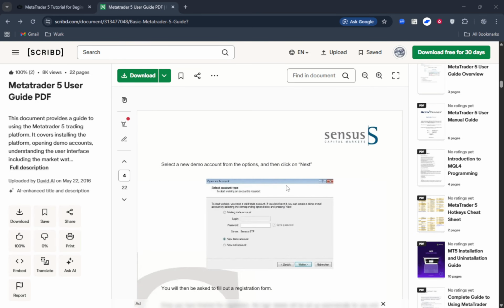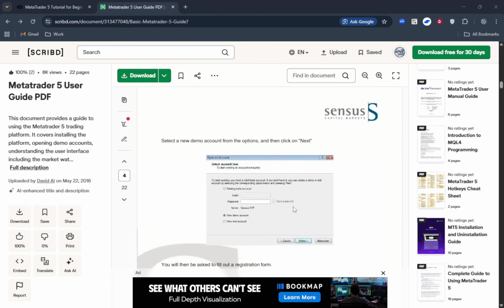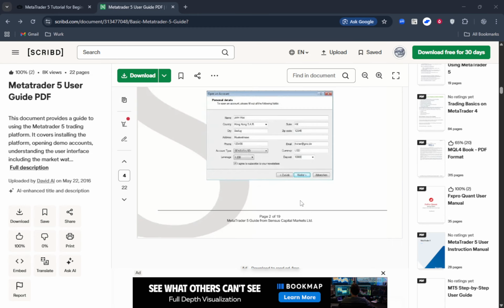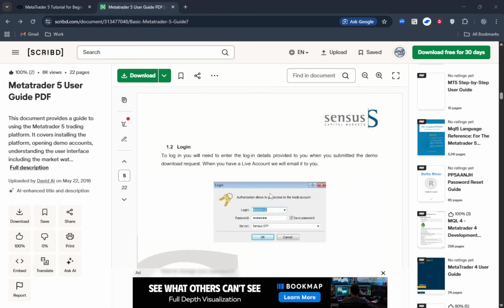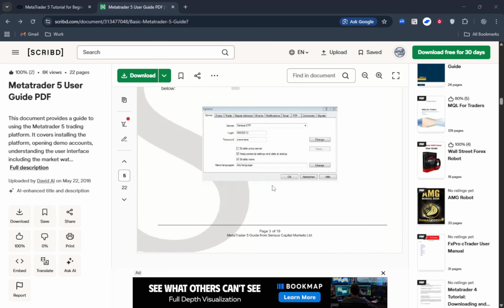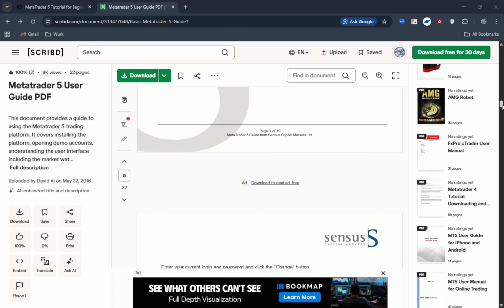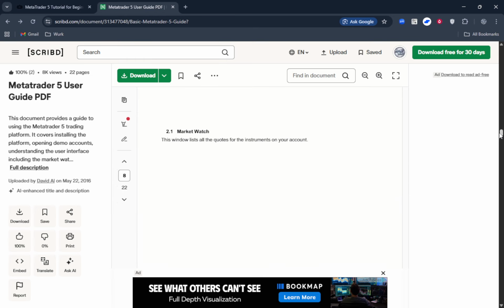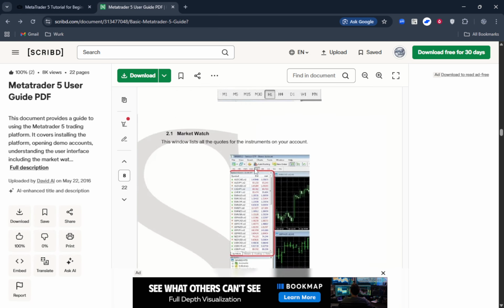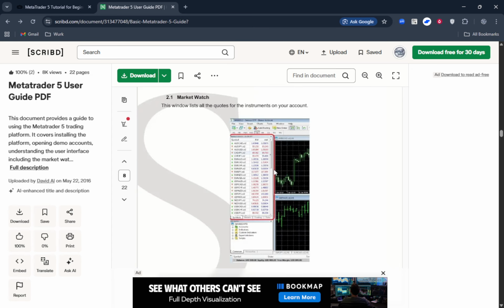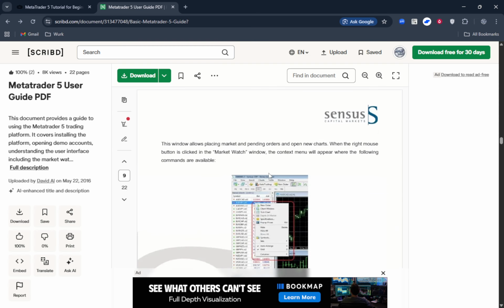Risk management is critical. The stop loss and take profit chapters explain how to protect your account and plan exits. As you read, try setting both on a demo trade to feel how they behave. Finally, explore indicators, chart settings, and an introduction to expert advisors for automated strategies. Use the PDF search or bookmarks to jump to topics quickly and jot down page numbers for sections you revisit